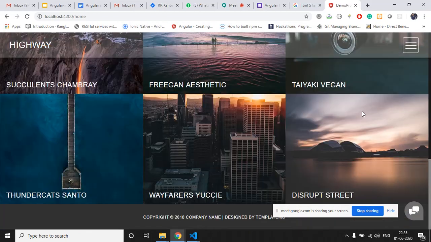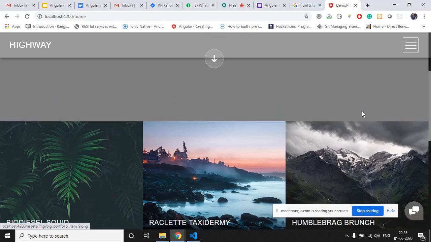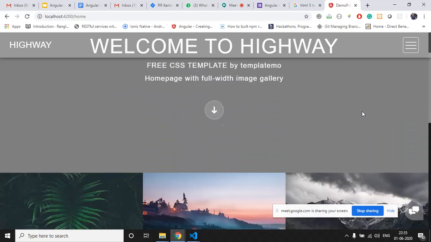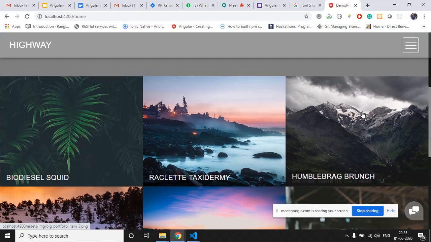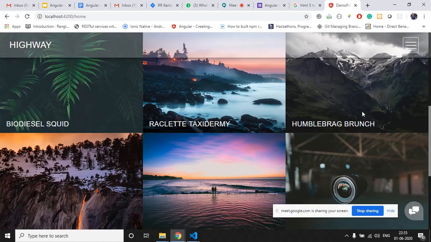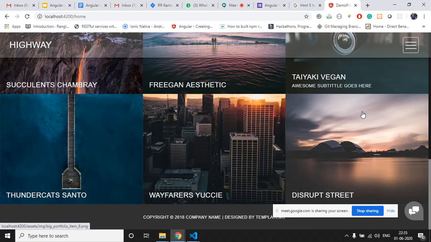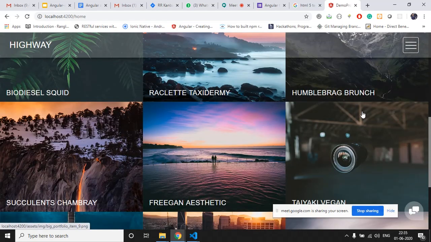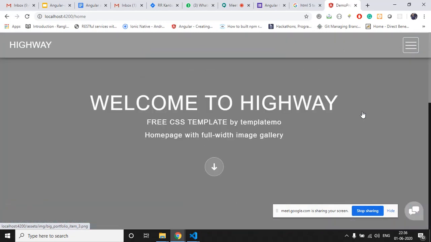So this is how we can import an HTML5 template into our Angular application. As we can see, we have all the CSS and all the effects which were in that template. So you can import any template you like into your Angular application by following these steps.